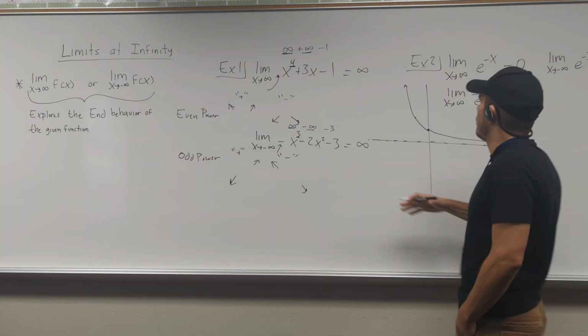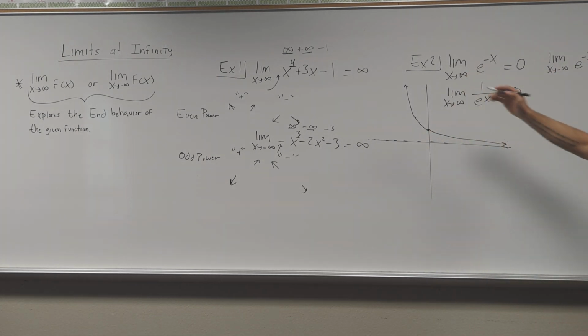graph, right? I got the graph. I can simply just observe that it is going to infinity, right? But again, let's say you wanted to do an analysis similar to this. We can say the limit as x approaches negative infinity. This time I actually don't need to rewrite it, because if I do e to the negative power of x,